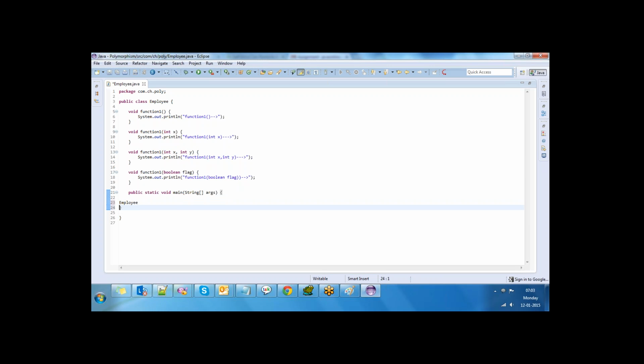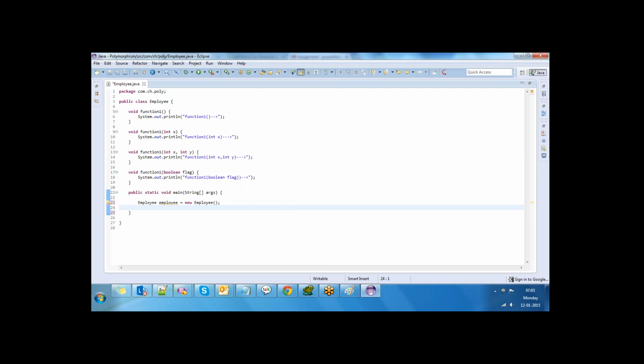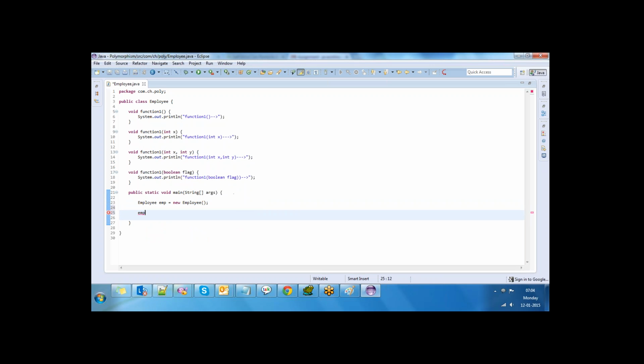Employee class object. Excellent. So I'm creating an Employee object. Once you create the object, what can we do with that? We can access the methods, right?